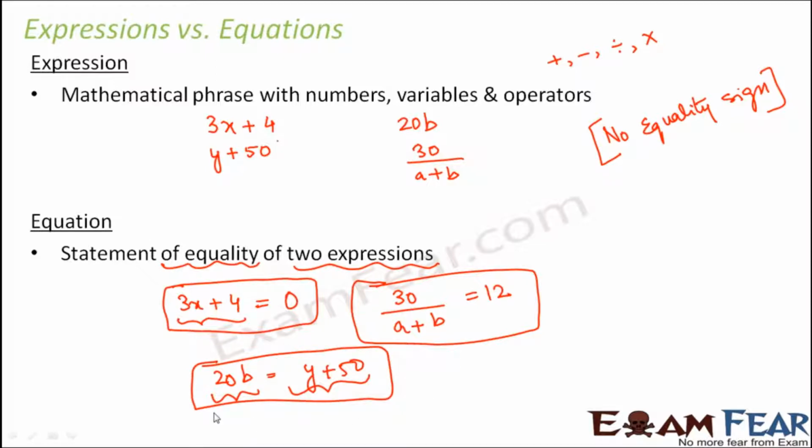And in any equation, do you know what is the purpose of this equality sign? This equality sign tells us that whatever we have on the left hand side is equal to whatever we have on the right hand side. So basically, this tells us that LHS has to be equal to RHS. Now that means, for example, here, the value of x should be such that 3 into x plus 4 should be equal to 0. So this is a mandatory criteria that anything on left hand side has to be equal to anything on right hand side. So primarily this is the difference between an expression and an equation.